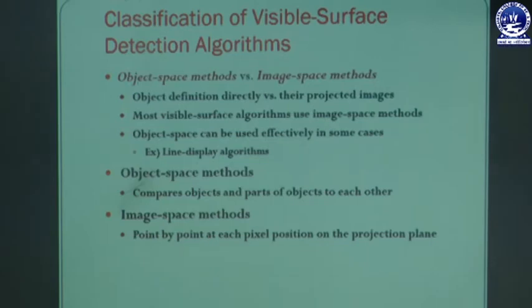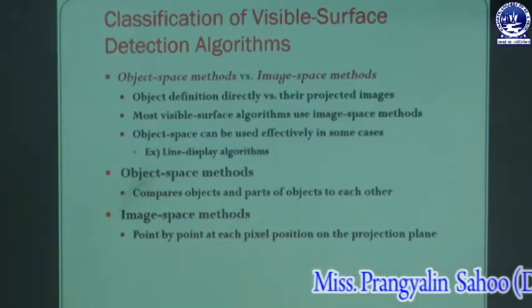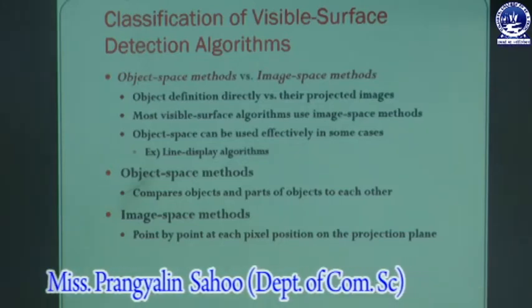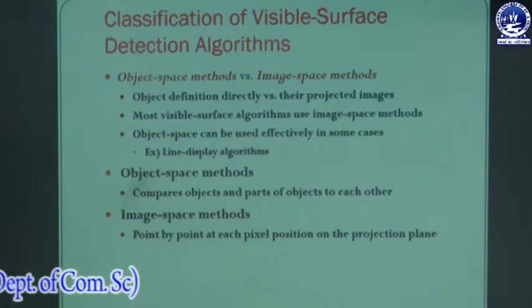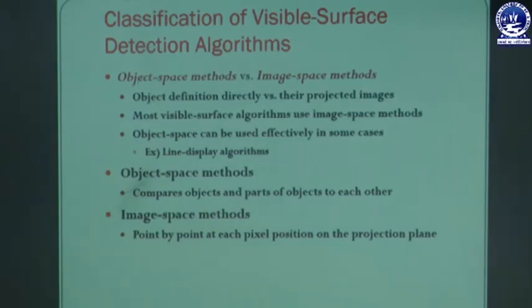Okay, so now we go to our next concept, that's your image space methods. That means by using image space methods the surface rendering technique also detects all the visible surface object part elements. So what is the meaning of image space methods? Here, in image space methods, visibility is determined point by point at each pixel position on the projection plane. For example, first it determines the object closest to the viewer that is pierced by the projector through the pixels, then it draws the pixels with the object colors.